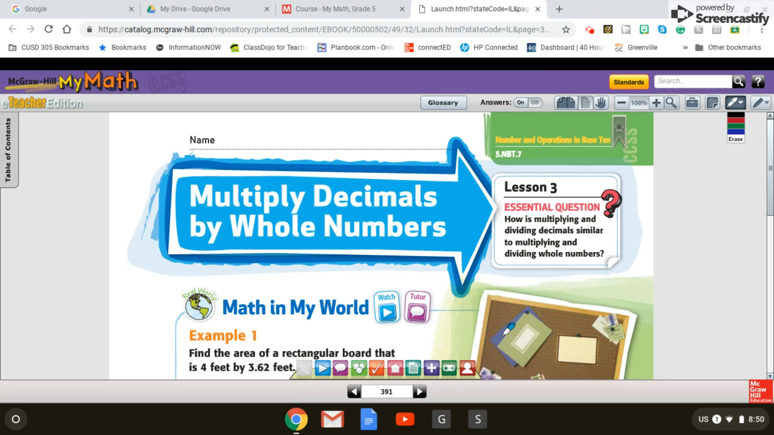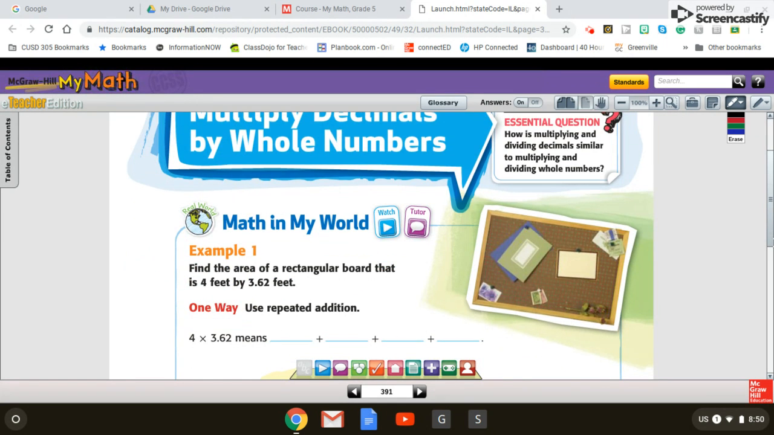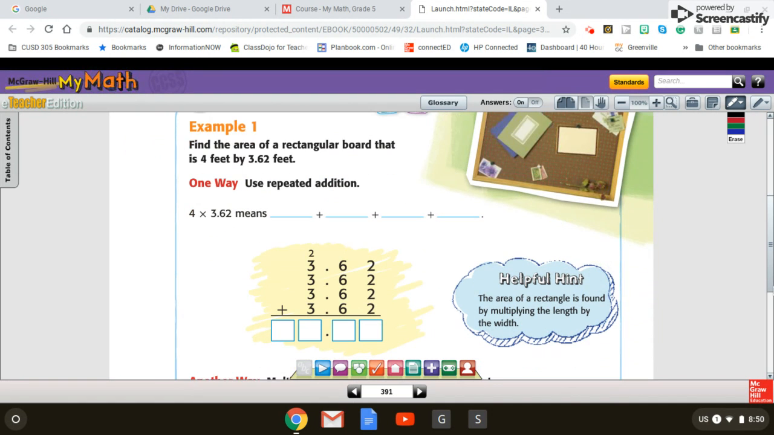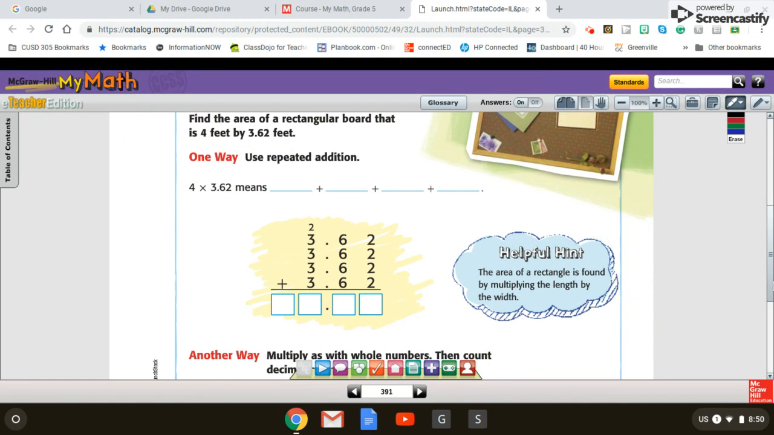Today we're going to be multiplying decimals by whole numbers. Okay, so this is without models like we've done so far. We're just actually going to be multiplying. Now, our first example here is not the way that I would do it, but this is the way you